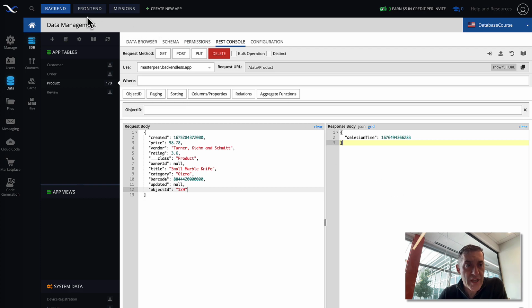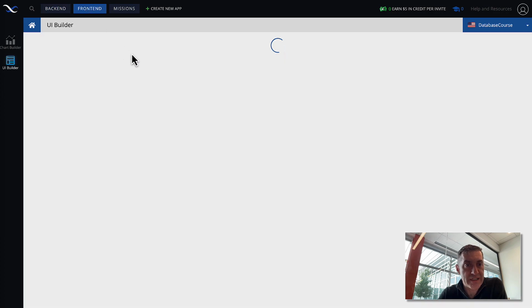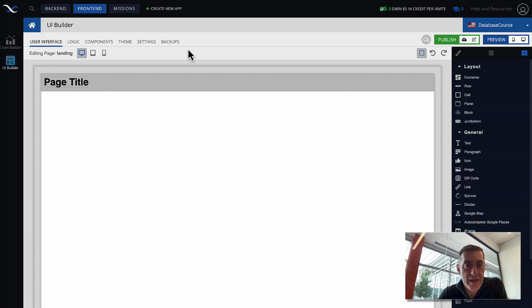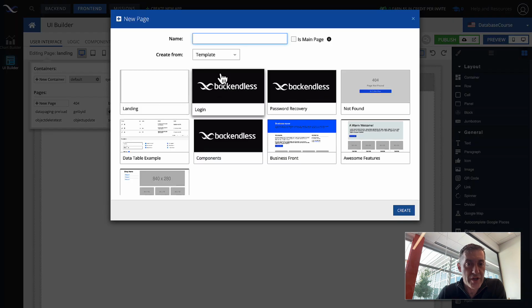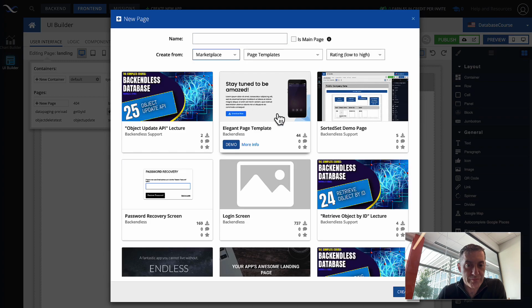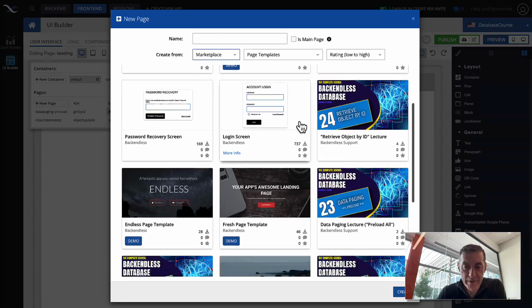So in UI Builder, click on the front end button to switch to UI Builder. And in here, let's create a new page from a template in the marketplace that already has all the functionality to delete an object from the database. For this, move the mouse over this area, click New Page, select Marketplace, and the template that you need